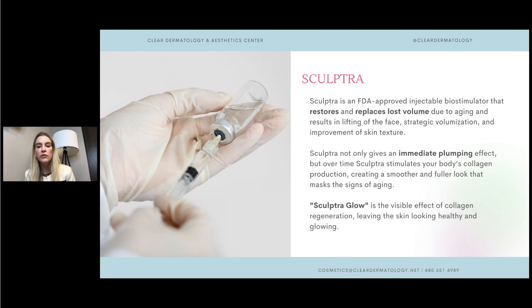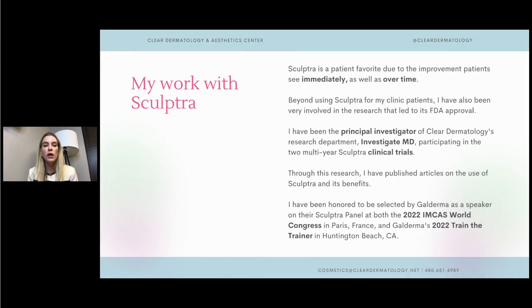So we can lift the face, we can volumize the face strategically, and we can improve skin texture. And like I mentioned before, give you a glow in the treated area. So I love Sculptra. It's one of my favorite products. And you'll hear that if an injector has worked with Sculptra before, they tend to say it's one of their favorite injectable products. So I've done so much Sculptra that I have also been asked to work with the company